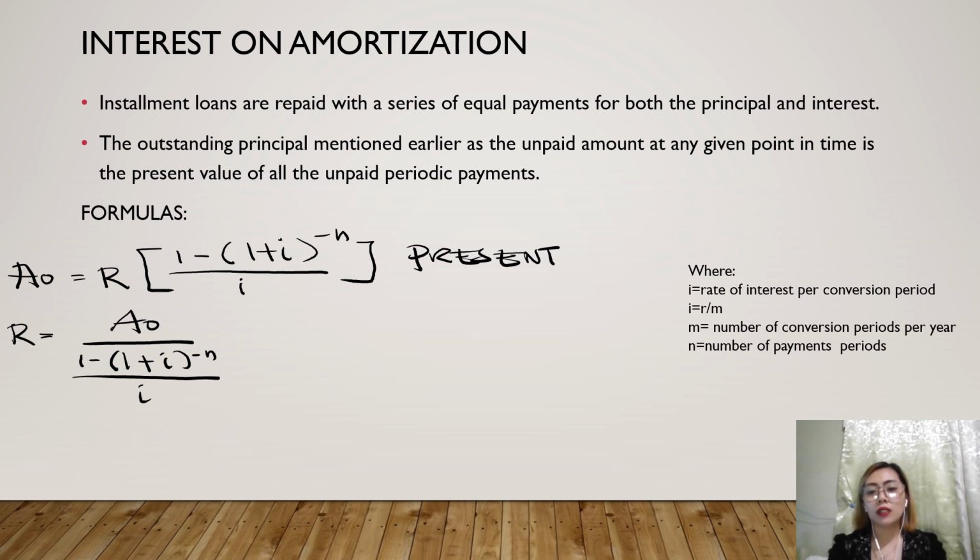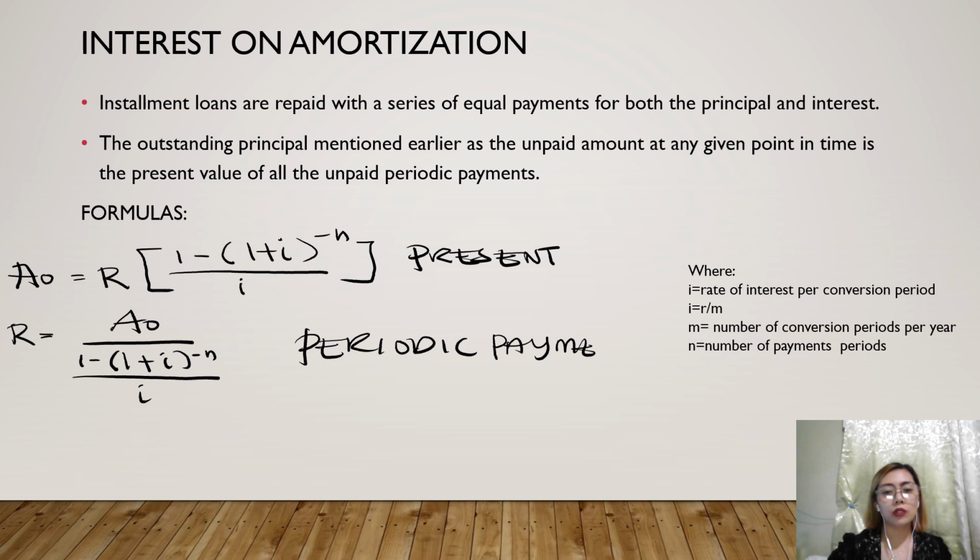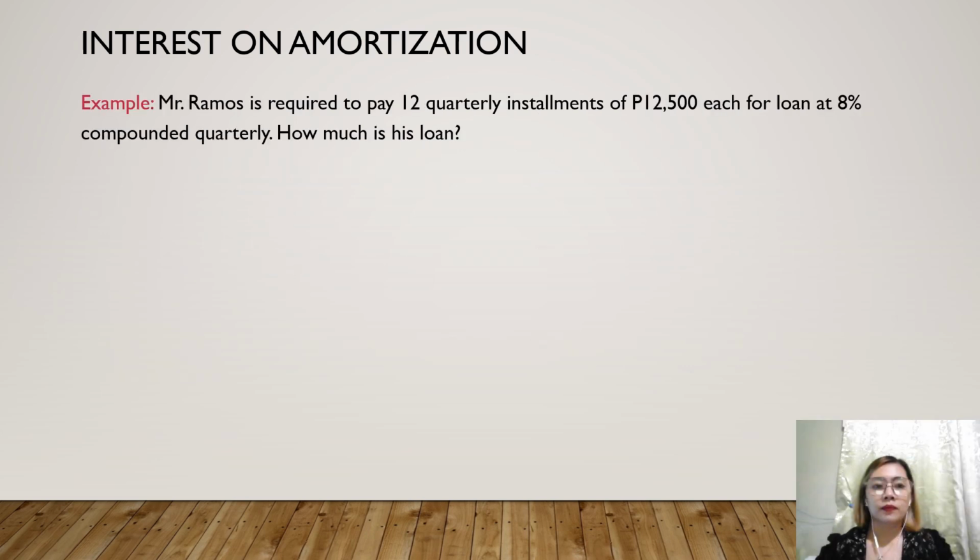And yung M naman natin is the number of conversion periods per year. And N is the number of payment periods. Okay? So, this one is the periodic payment. Pag ang pinapahanap sa atin, magkano yung babayaran? Okay? Per month. O kaya naman, depende sa term kasi yan, o kaya sa period na binibigay or ina-ask. Okay? Next is,